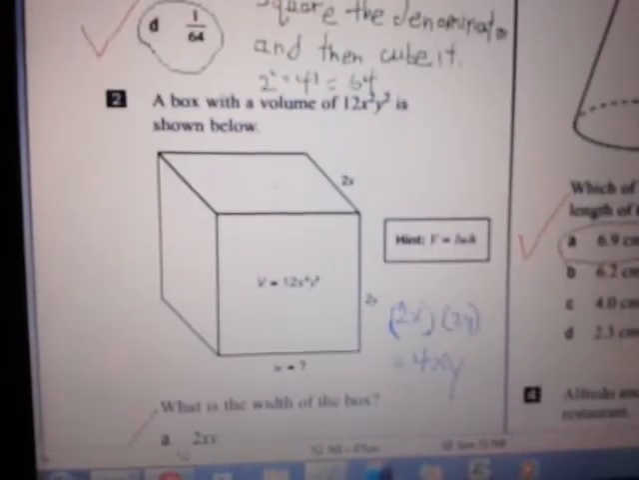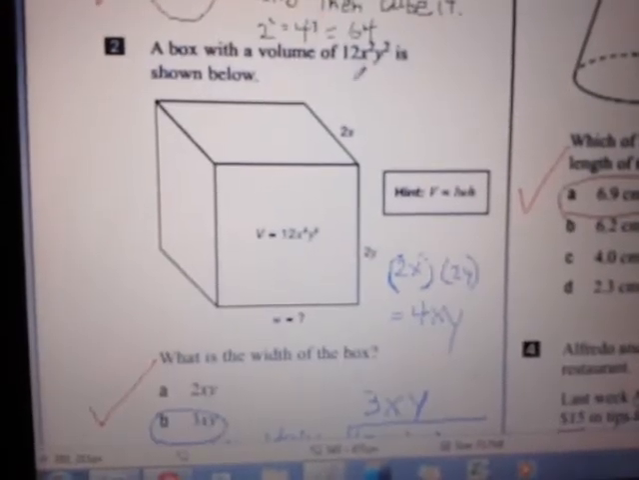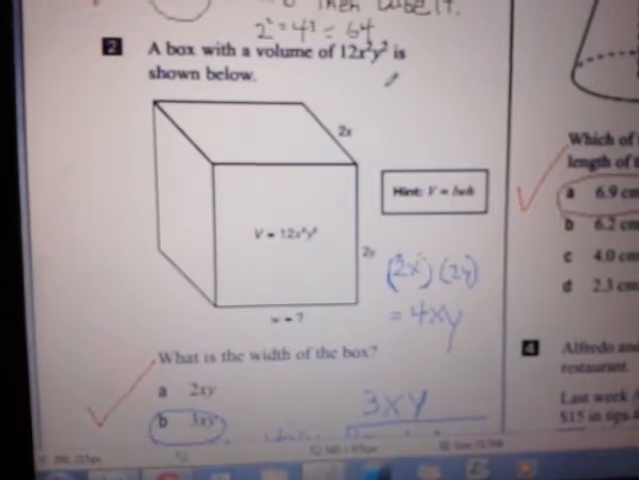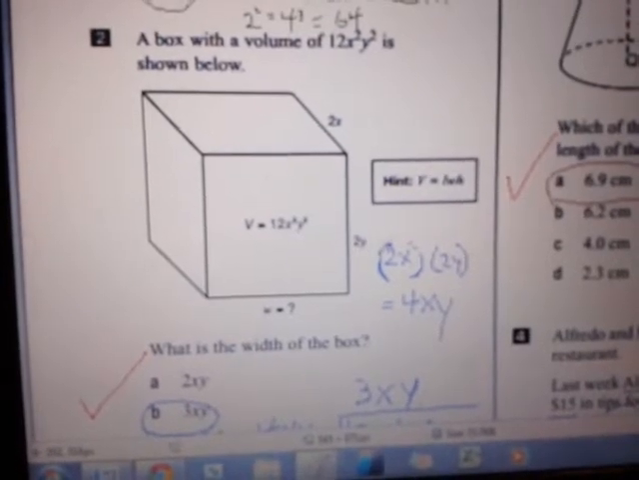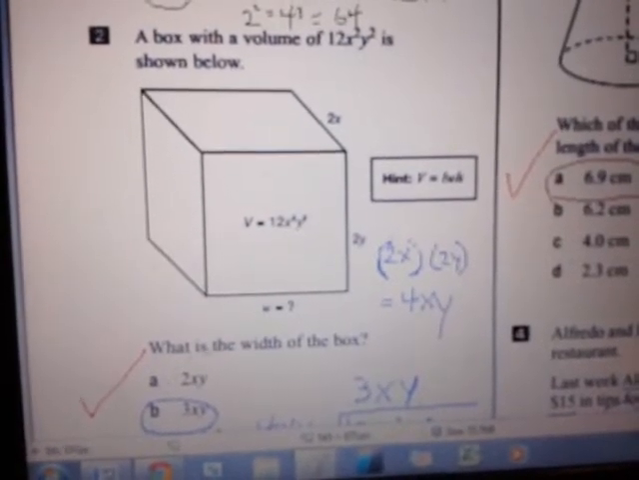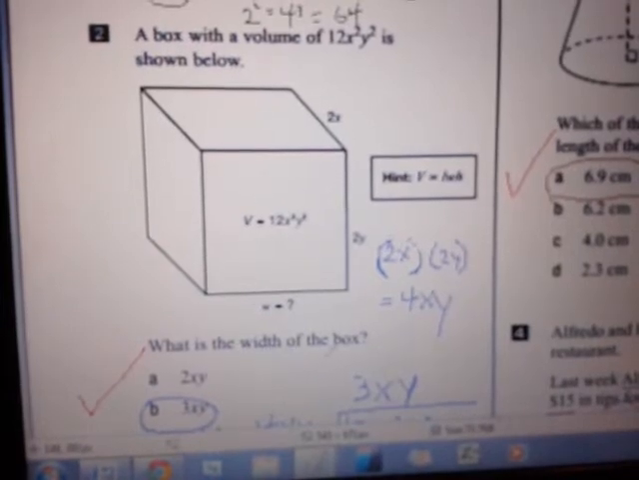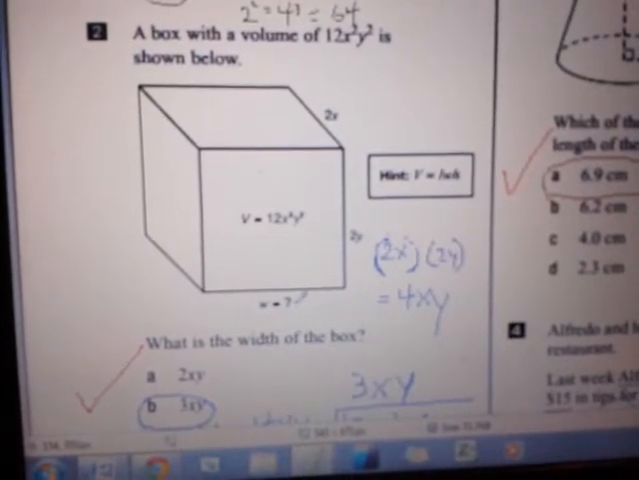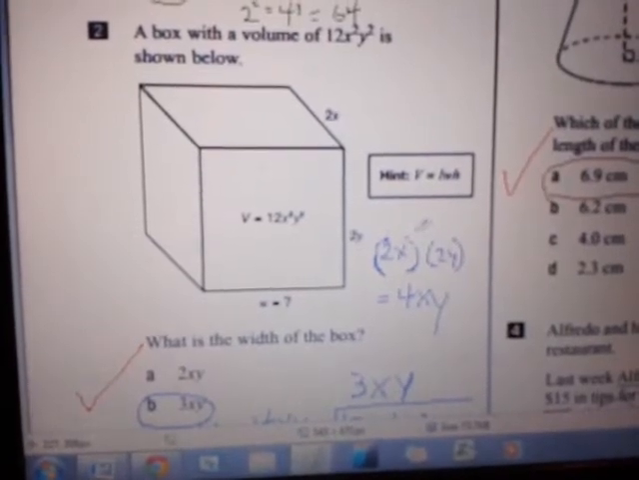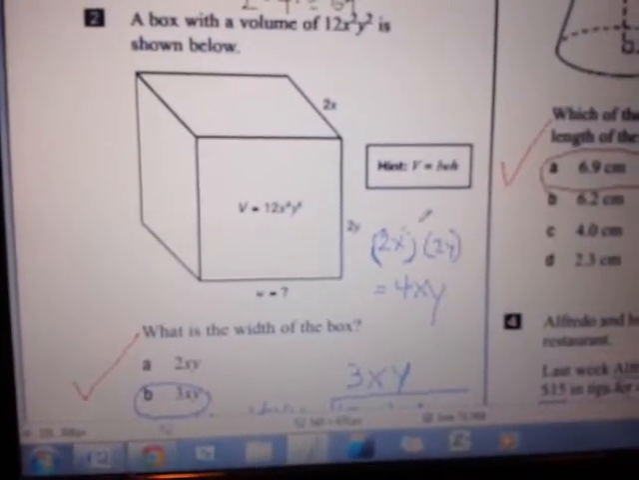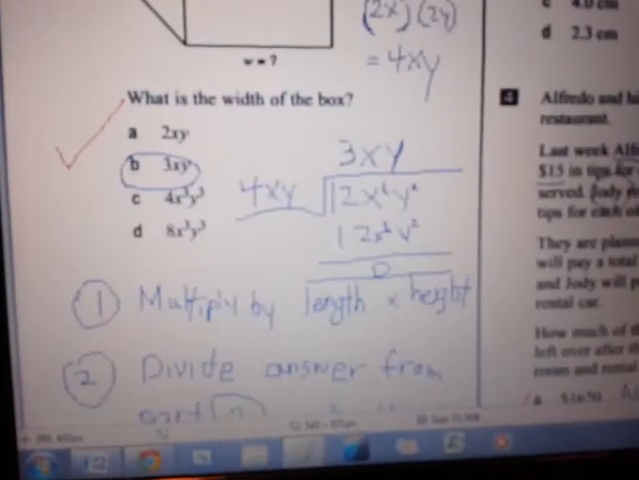So question 2. A box has a volume of 12x squared y squared, which is shown below. So we have the length given, which is 2x, and the height is 2y. And they want us to find the width of the box, which is the unknown value. What we do, first of all, is to multiply the length times height, which are the given values. 2x times 2y is equal to 4xy. So you divide that from 12x squared y squared, which is the volume of the